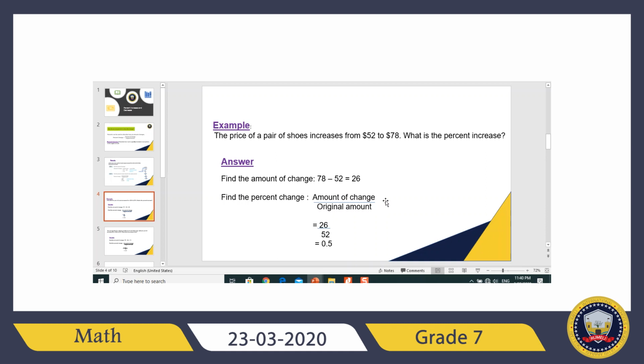Then I ask myself again, I will make a long division. I will put 52 outside and 26 inside. Then I ask myself, 52 times what will give me 26? There is nothing. So I will put 0 and then I will put a decimal point. As long as I put a decimal point, this gives me the right to put zeros as much as I can. Right? You remember this? Then I ask myself, 52 times what will give me